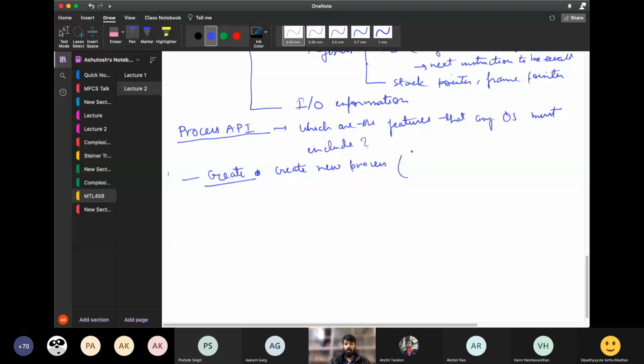There's the fork system call. Sorry? Fork. Say it again, sorry, my volume was a little low. Fork. Yeah, basically fork is one way to create a process, but this is a more